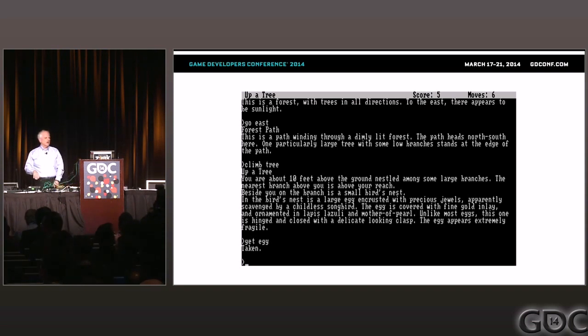A text adventure is a game you play entirely by telling the computer what you do, and the computer tells you what happens. It's kind of like playing D&D, except with a DM who's really stupid. But a DM who's totally without any qualms about killing you all. Oh, wait a minute, that's a real DM, isn't it? Anyway, so